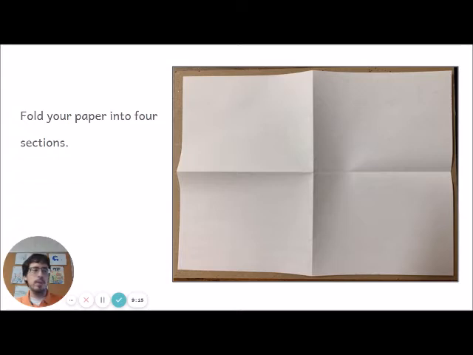On the second day, if you haven't done it yet, you will fold your paper into 4 sections. And that's easy. You'll just fold it in half across, just like that. And then you'll fold it in half down. And you'll open it up and you'll have your 4 boxes. If you want to, you can go ahead and draw lines to split up your boxes, or you can just leave the fold.